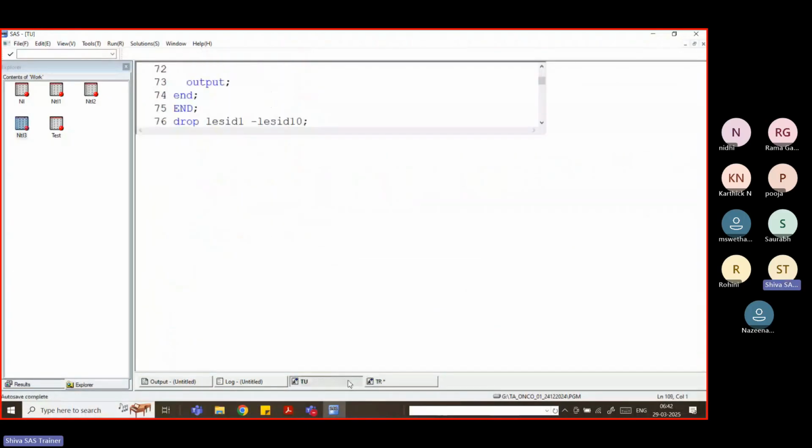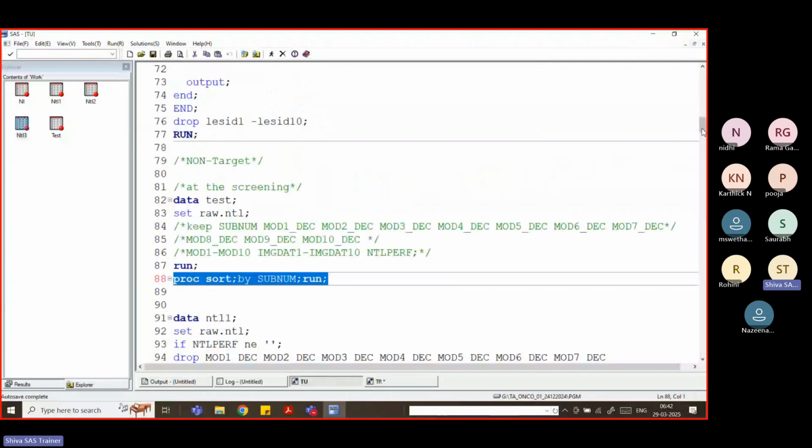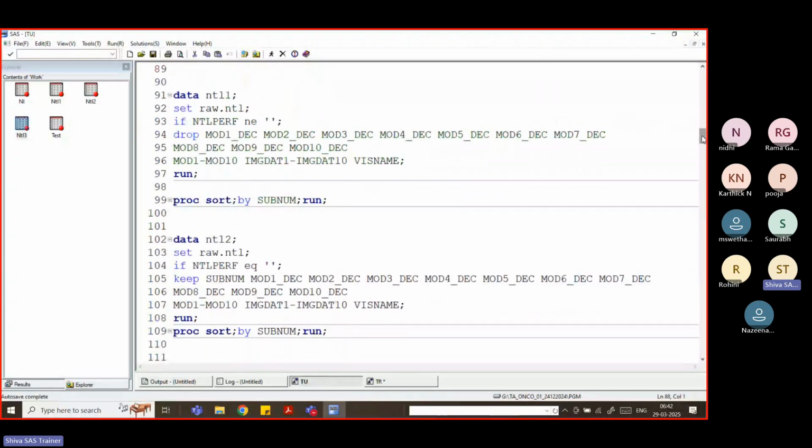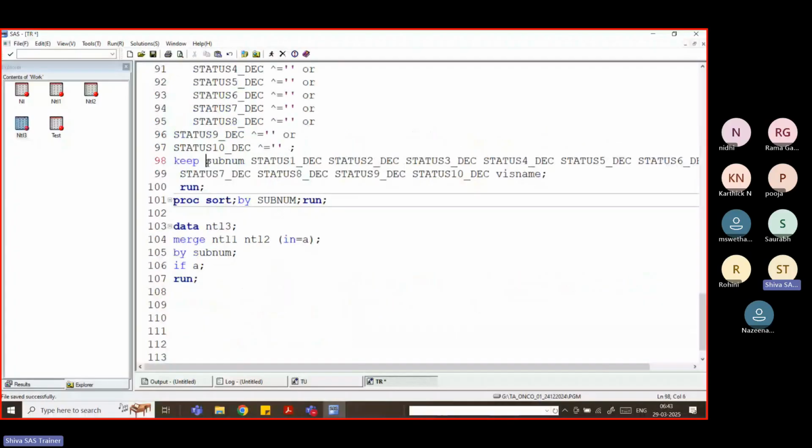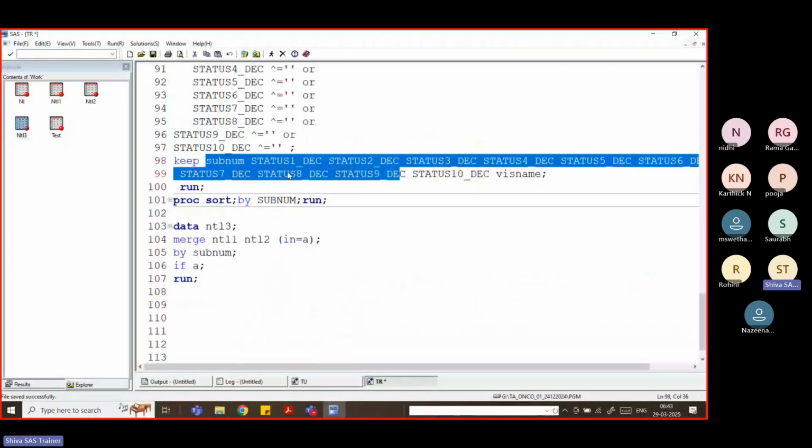First you frame the data. For a subject having three records, the first record belongs to the screening and the remaining two records are tumor assessment visits. So I pick the first record into a separate data set and drop the variables that are not having information. In the second data set we keep that information, and we overlap the first data set with the second data set. All the information should be populated for all the records. So next,